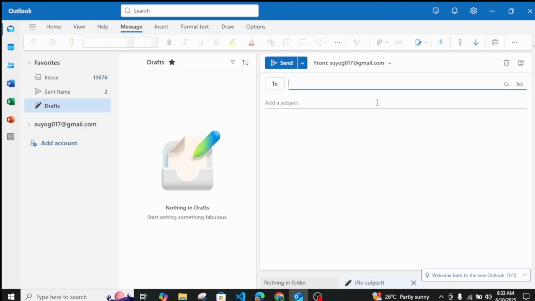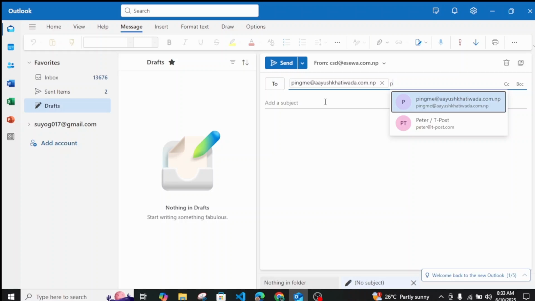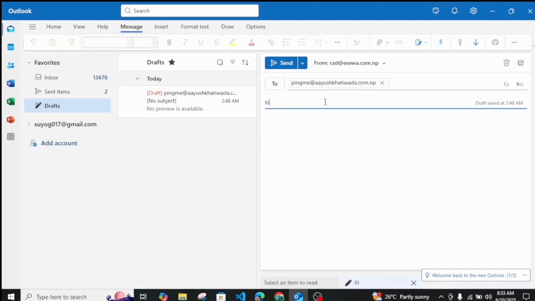And once you're inside here, just select the account which you want to send from, and just enter your subject over here just like this. And now to simply create a signature, you just have to click on this signature icon over here and just select the signature button,